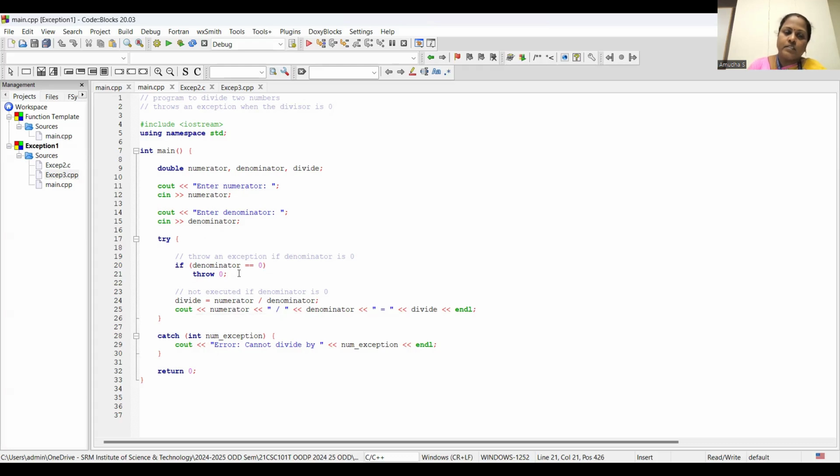That exception thrown by the throw statement is caught by the catch block. This syntax to input